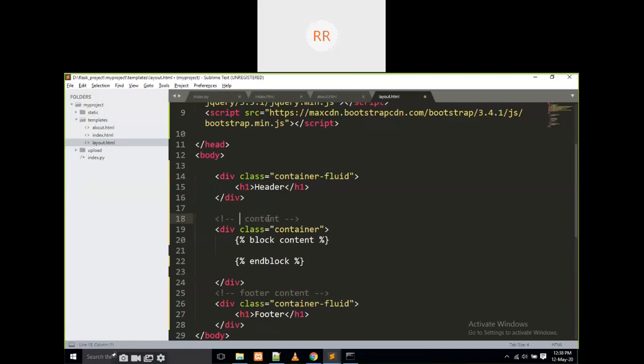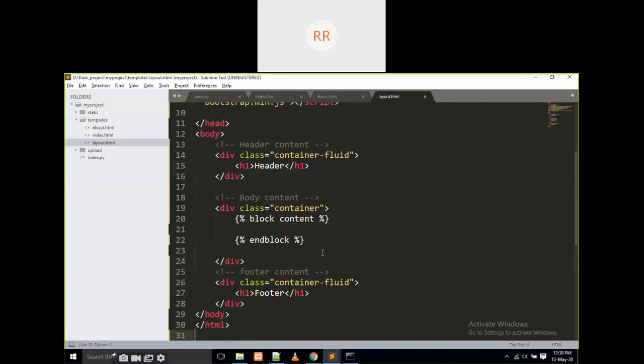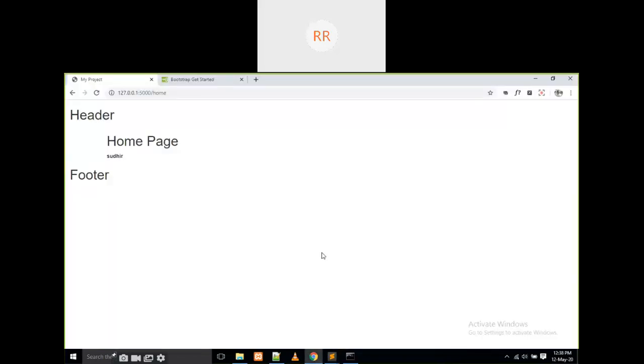This is body, this is body content. And this is header. Header content. Some comments I am writing here. I think everyone is clear what I am doing. I am designing some page. That's it. Okay.